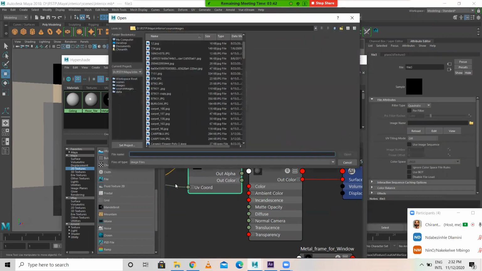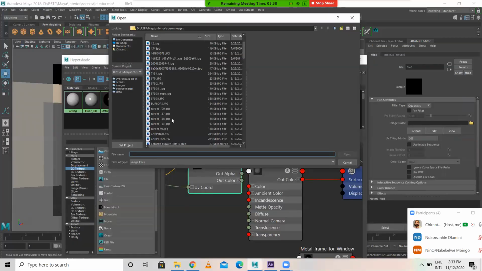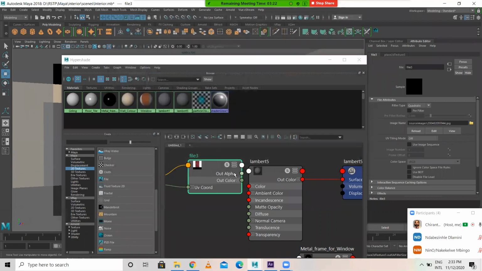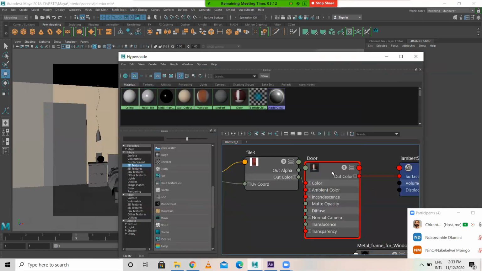What is the name? 5944. This one. Okay. Now this color to color. Now this is door. Now this one I want to apply, drag and drop to this one.